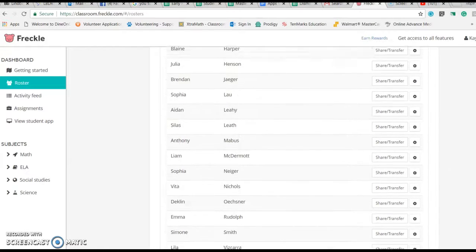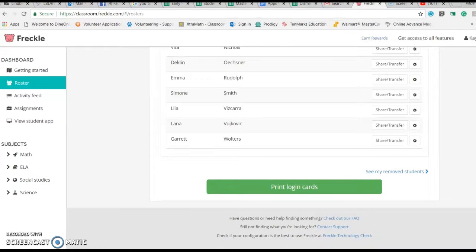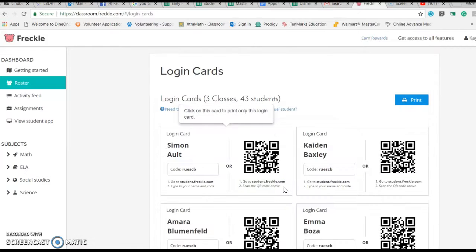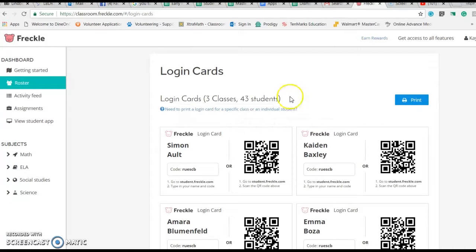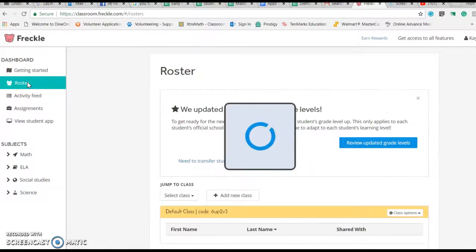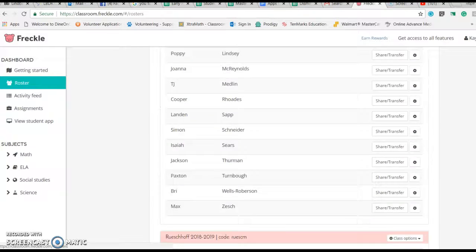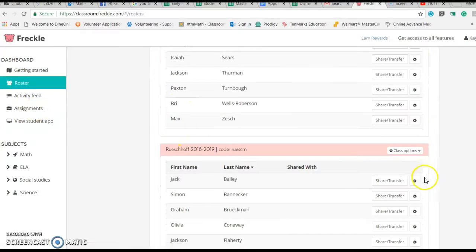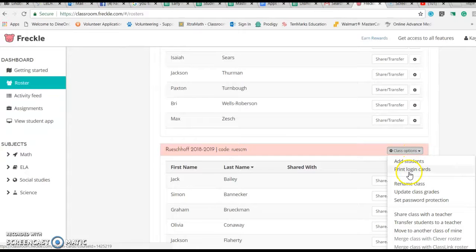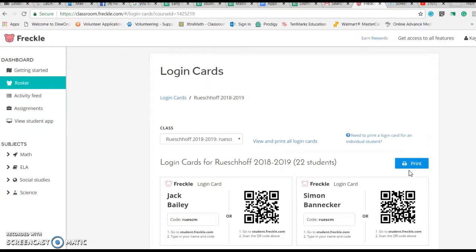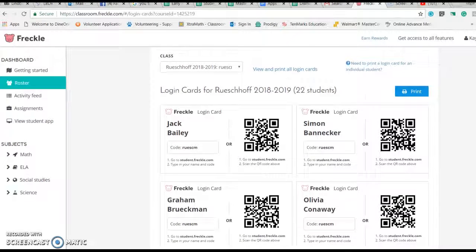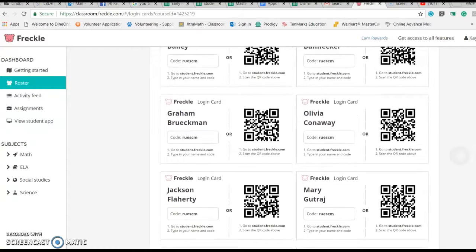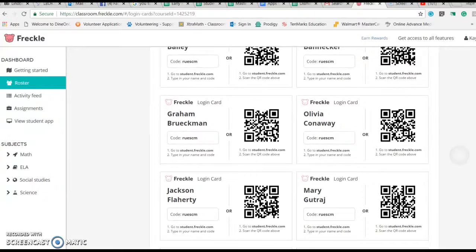So my new class is ready to go. So now what I need to do is print the login cards for all my class, all my kids. And what pops up is, this is the wrong class, so hold on. Okay. For login cards for this class. Okay, that's better. So I'm going to go ahead and print these, and what you have is their login, which